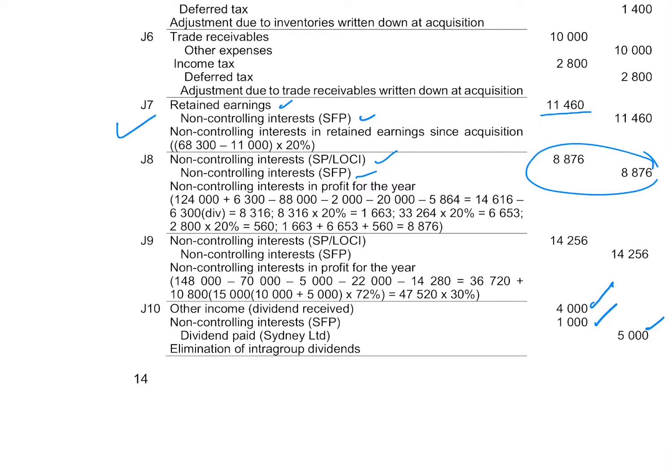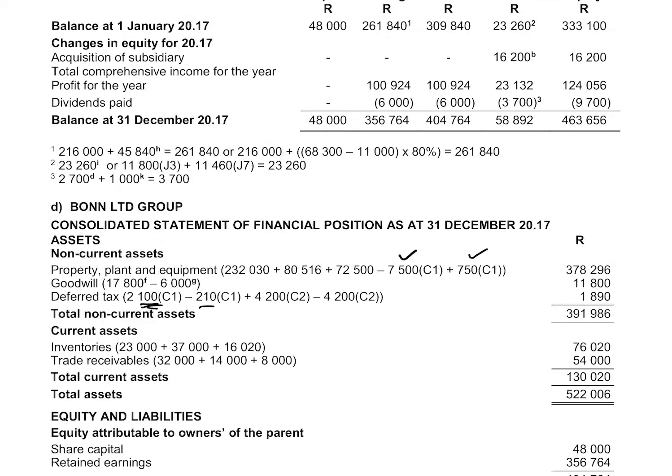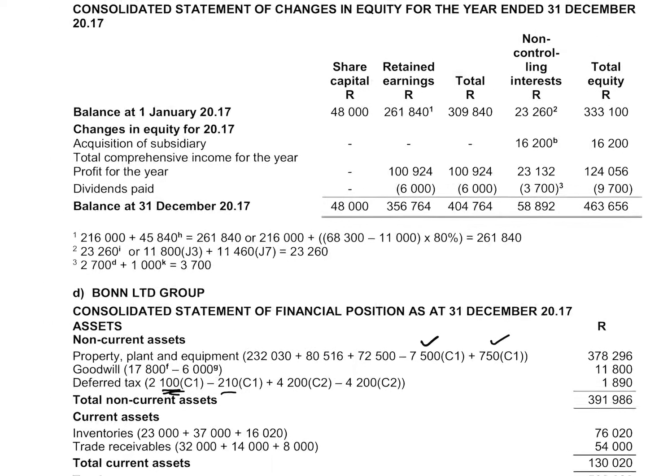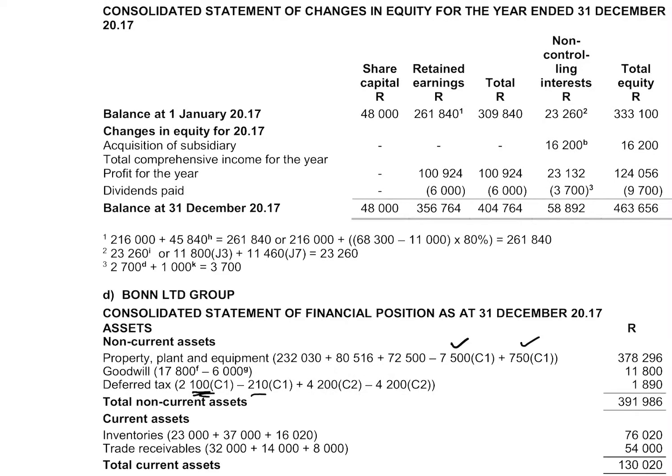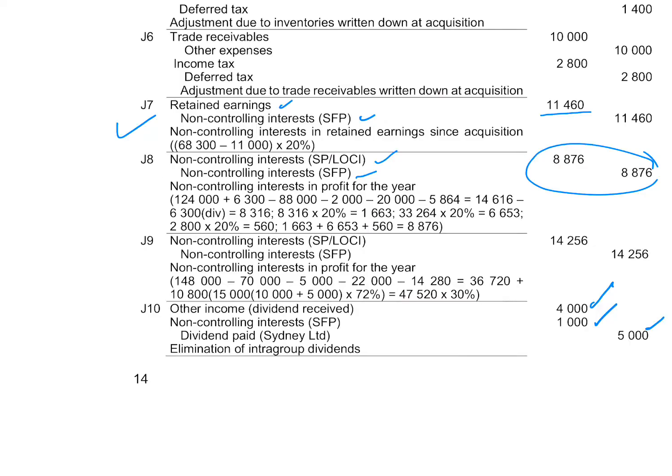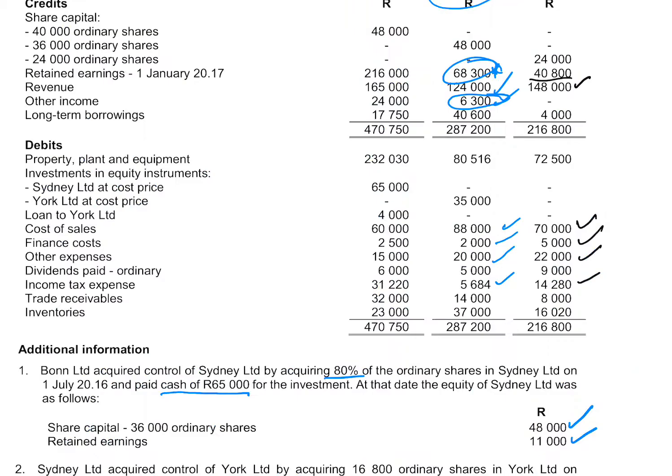Then the next item is the preparation of the statement of changes in equity. Now, when we are preparing the statement of changes in equity, the first thing that we look at is the share capital. The share capital is the amount that belongs to the parent. So the share capital all the time, it is the parent. Please take note. So share capital, you just go and check on your trial balance. The share capital of the parent is 48,000. So that's what you are going to come and put as